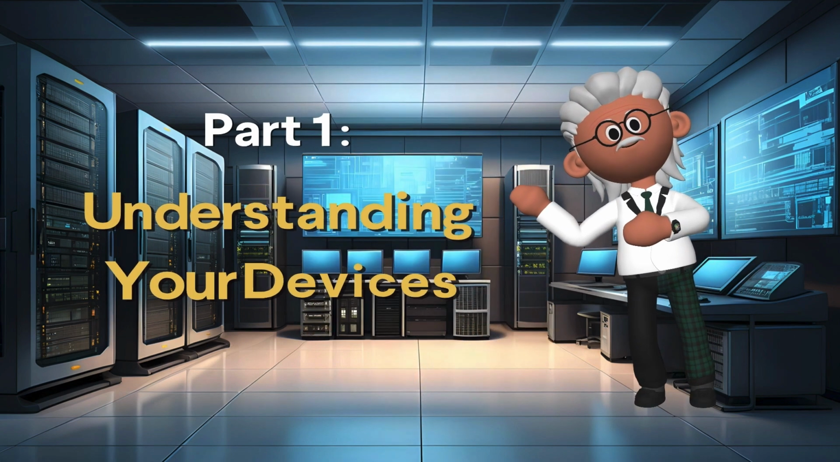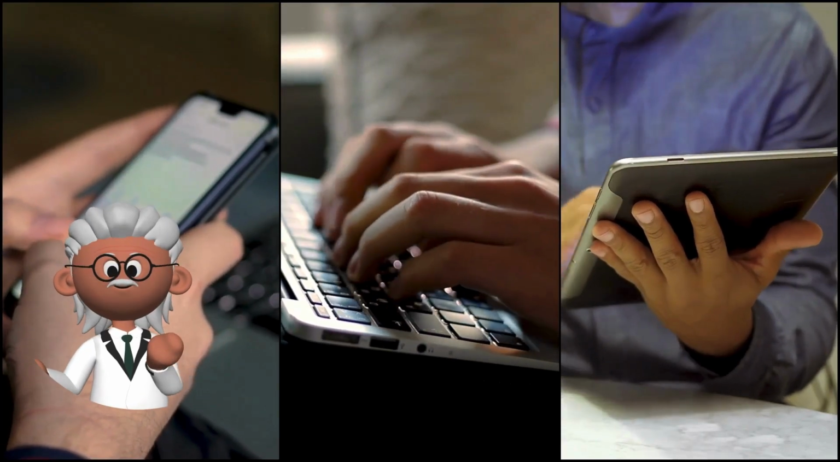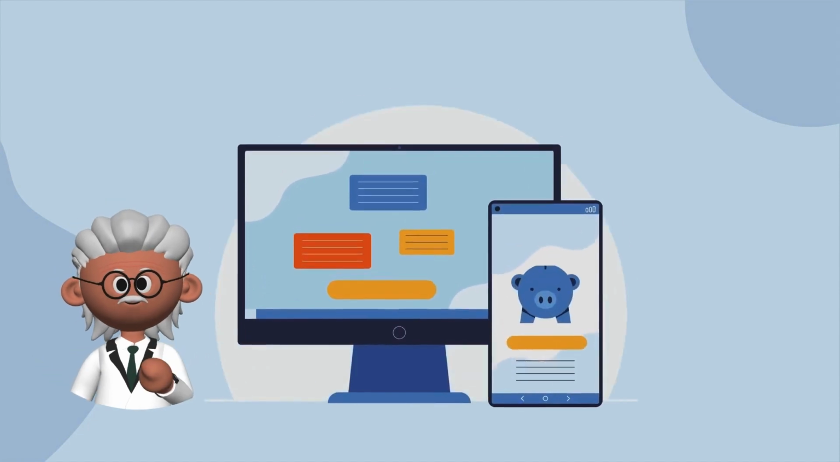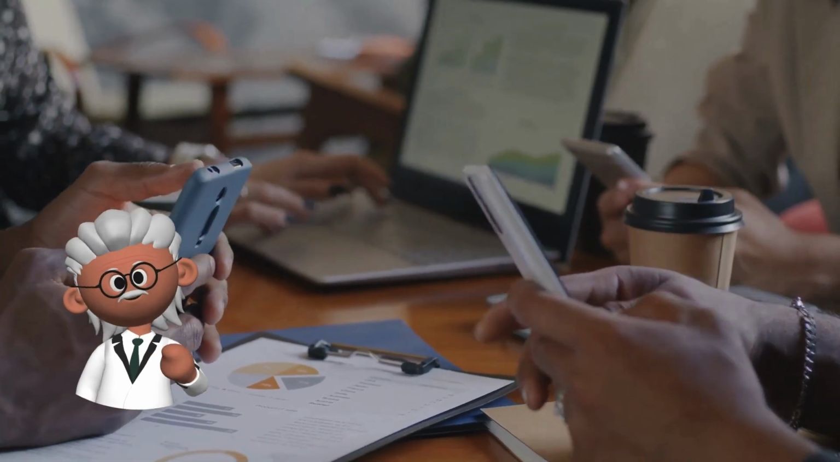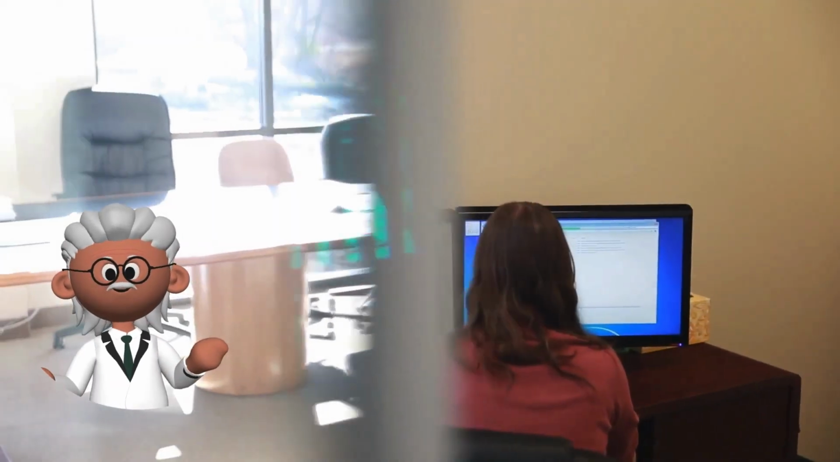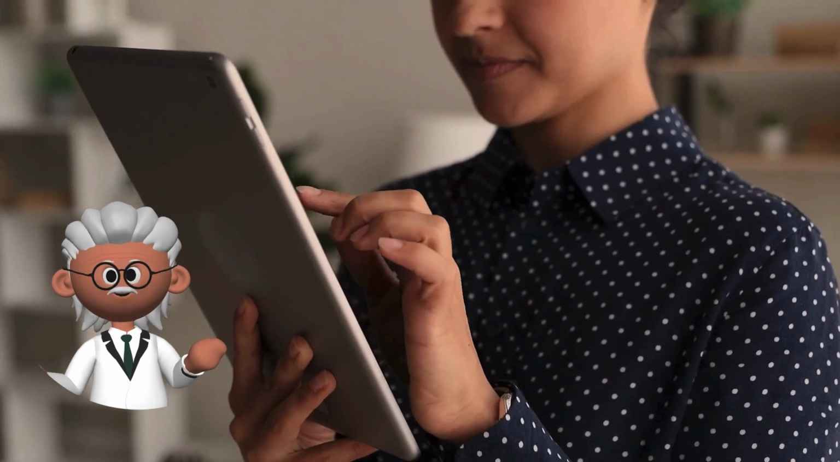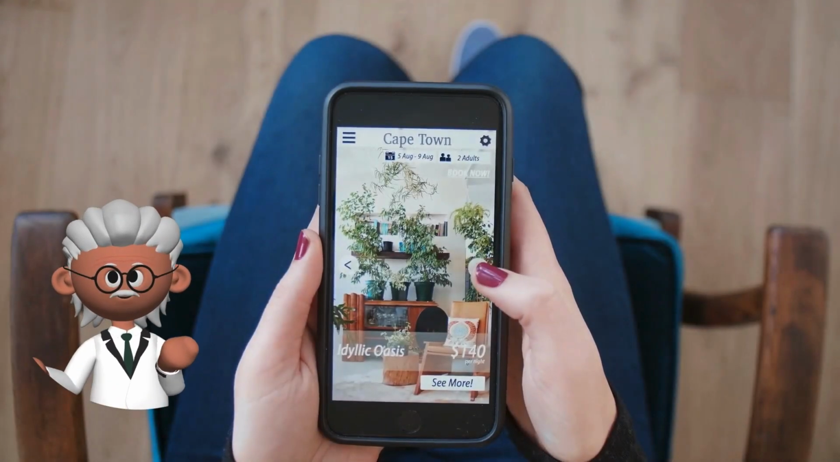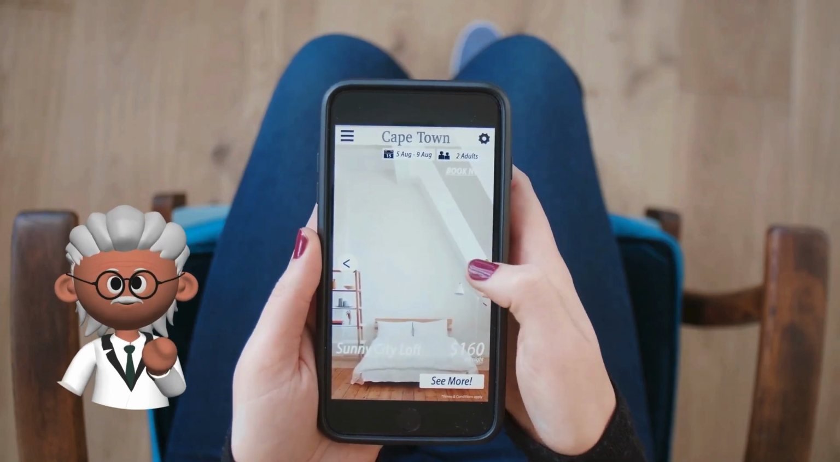Part 1. Understanding your devices. Let's start with the basics. Computers and smartphones come in different forms, and each has its own purpose. Desktops and laptops are great for work, study, and multitasking, while tablets offer a mix between a phone and a computer, making them perfect for watching videos or reading. And then there's a smartphone, which has become a mini computer we can carry everywhere, handling everything from communication to